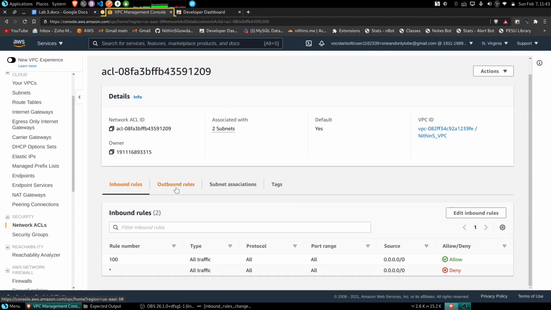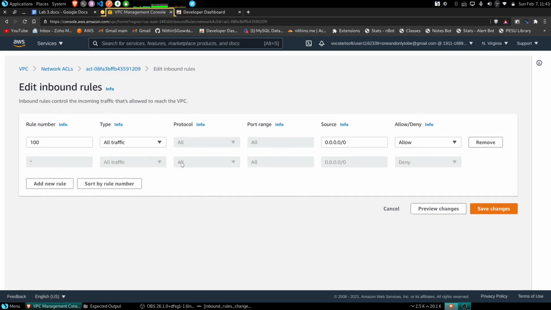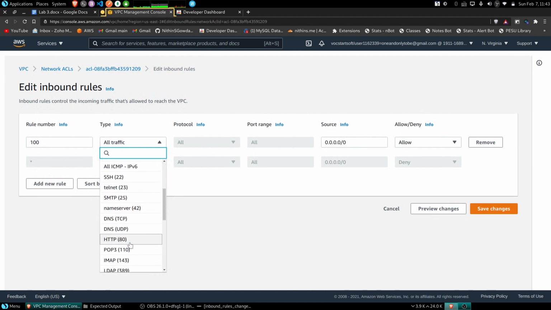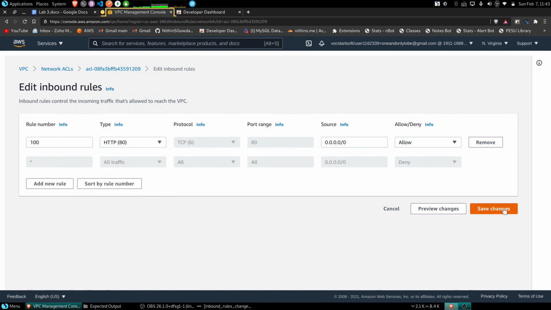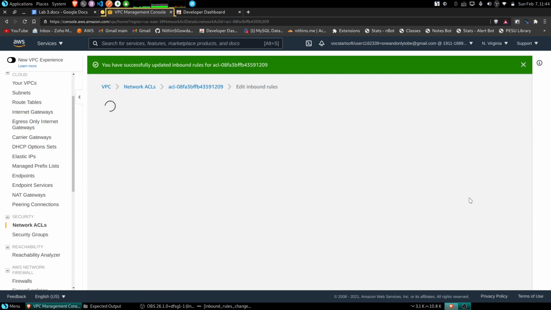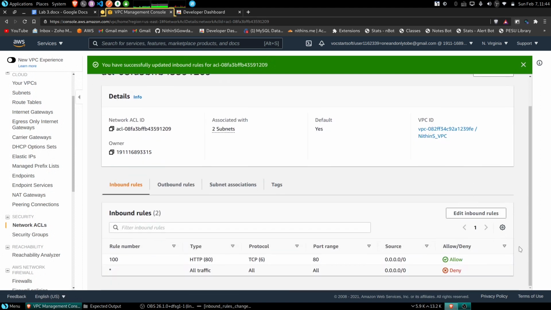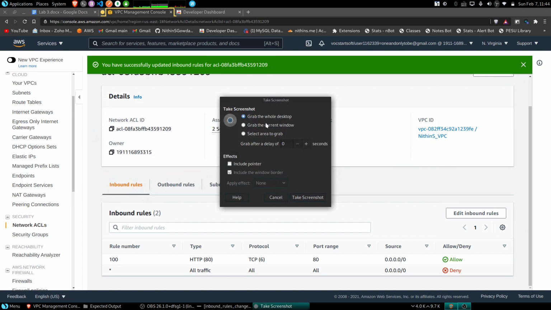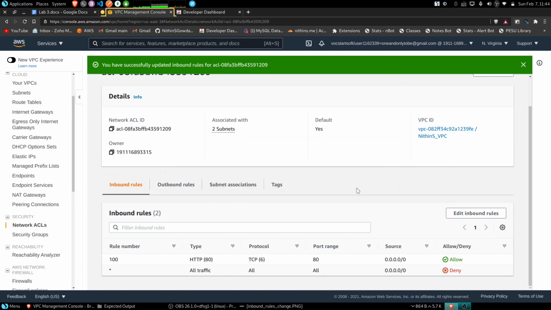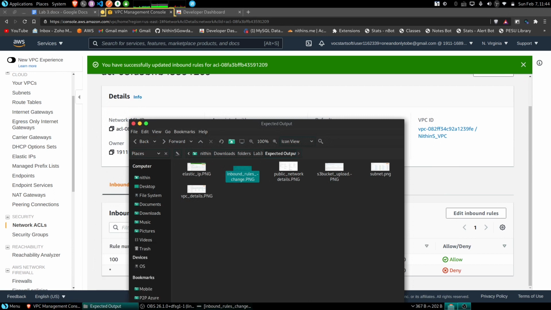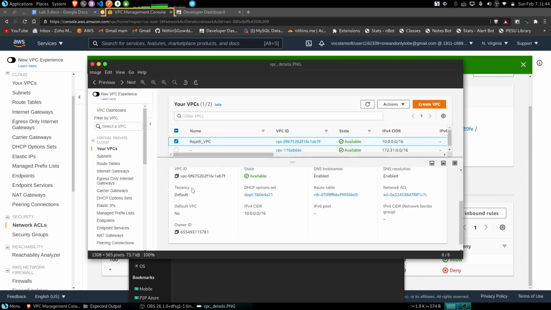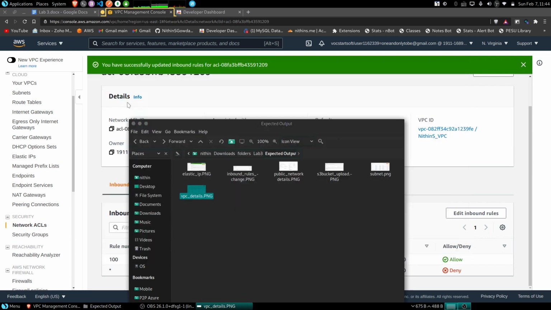Here are the inbound rules, and I need to edit it just to allow HTTP traffic only. HTTP traffic from anywhere, and click on save changes. Okay, so this is perfect, and grab a screenshot here. Okay, so this screenshot is also done, we have captured this too.